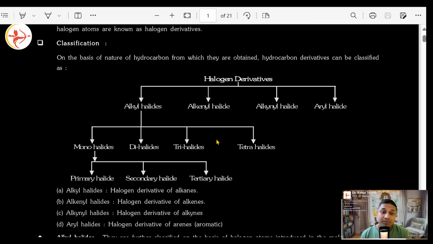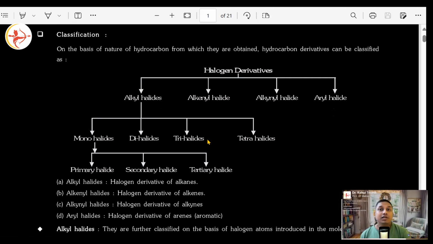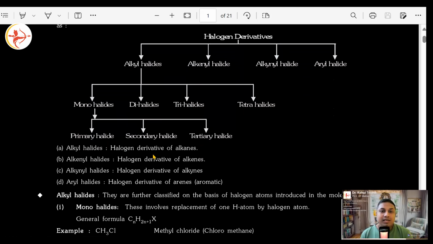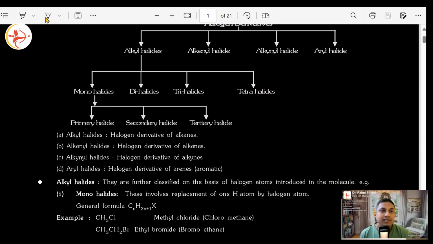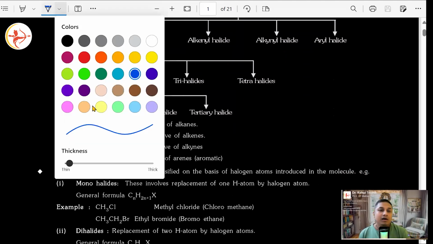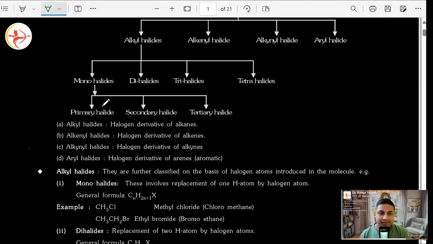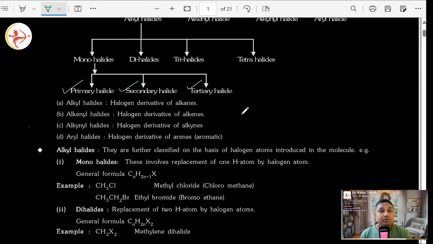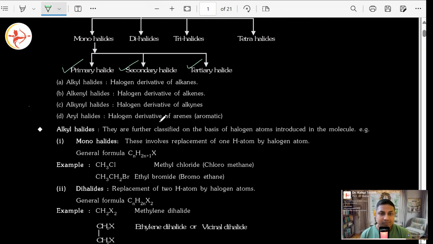Apart from that, monohalides could be classified by the chain, from primary to secondary to tertiary. If the halide group is connected at the terminal carbon, it will be a primary halide. At the 2-degree carbon, secondary carbon, it will be a secondary halide. And similarly, at the 3-degree carbon, what will that be? A tertiary halide. Based on that, these three names. Are we good? Let's quickly go through this classification. That is what is explained here.